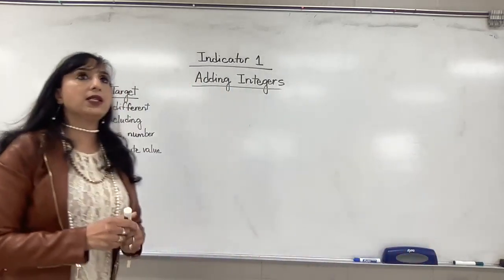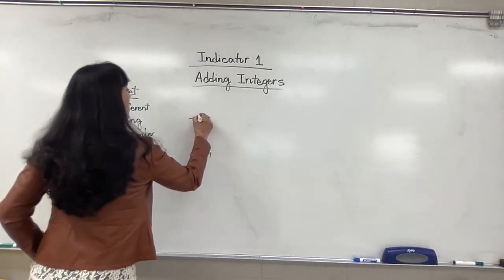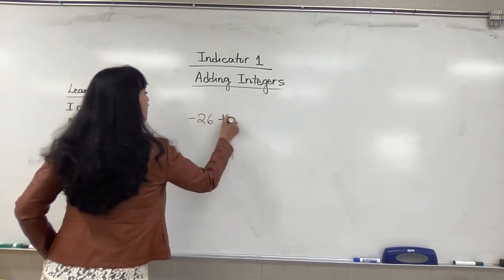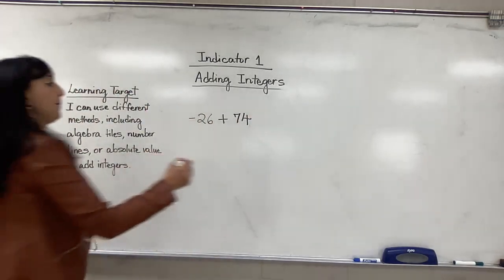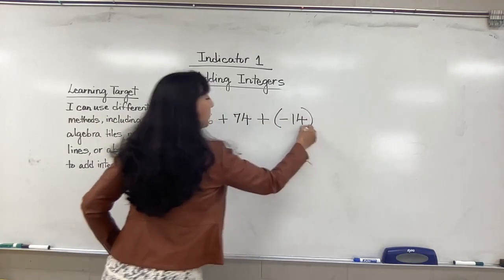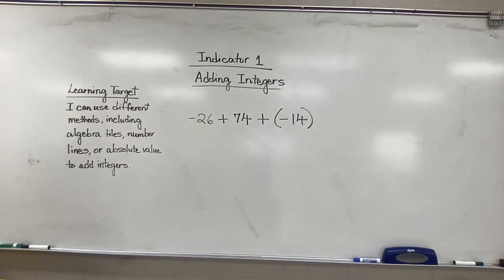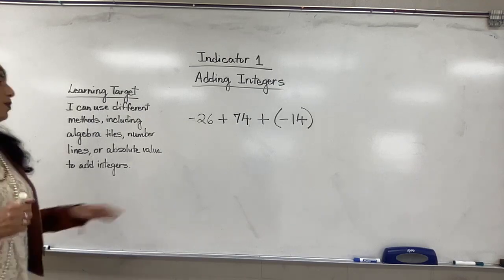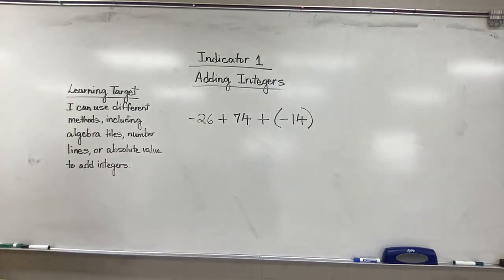Okay, so let's say I give you a problem: negative 26 plus 74 plus negative 14. So there are different ways of doing this. We are first going to write the expression like I have written it, and then I am going to